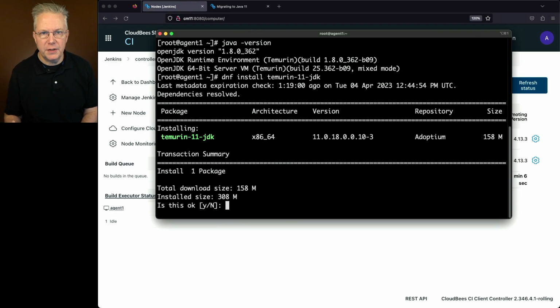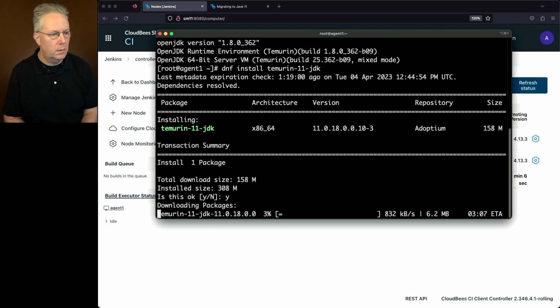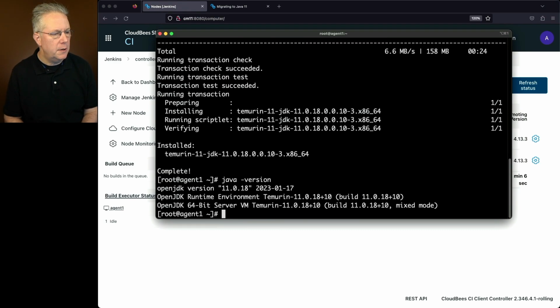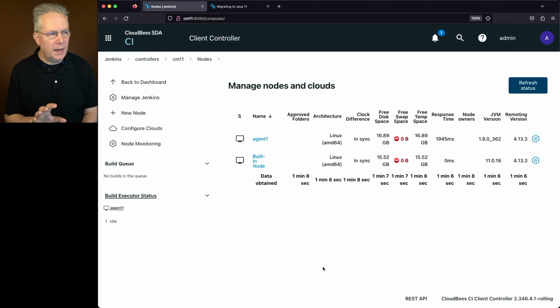We're using the same version that we used on our Operations Center and on our controller. We'll go ahead and type yes because we see 11.0.18. And let's type in java -version here, and we can see that we have version 11.0.18. But let's go back over to our controller. If we take a look, again, at our Manage Nodes and Clouds page, if I do a refresh status,